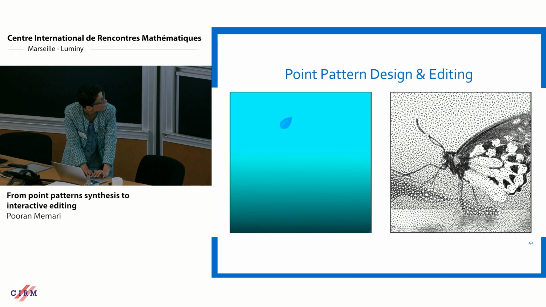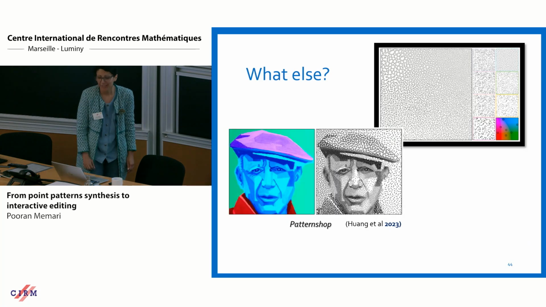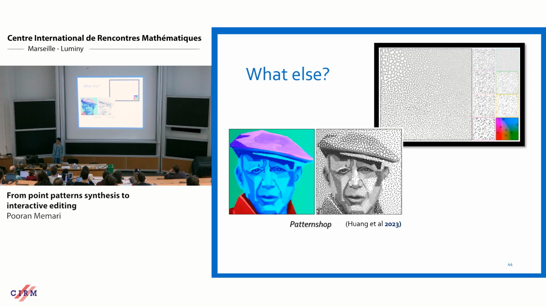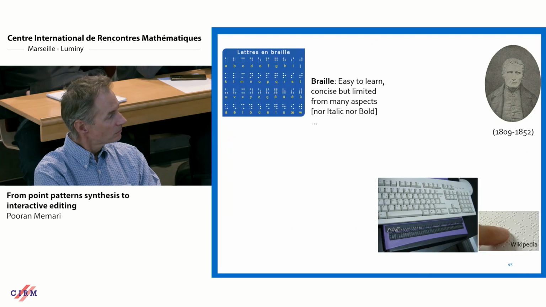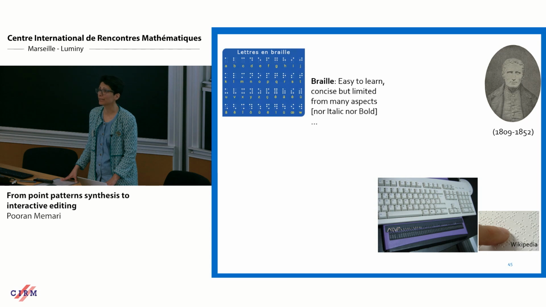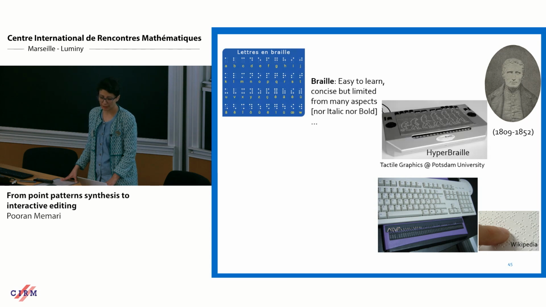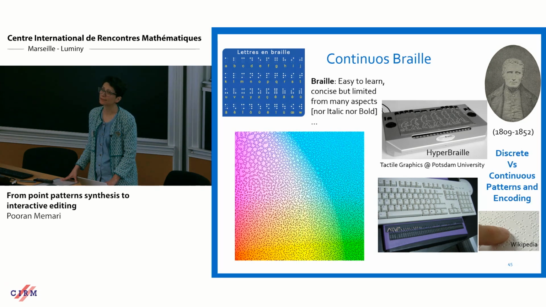Okay, so sorry, I will just stop it here, because there is another application on which we are currently working, and we have a PhD which is starting on this topic, on the usage of these techniques for generating tactile supports for visually impaired people. So the idea is to somehow extend the discrete setting of Braille language, which is very limited, and with some extensions that are still limited, to a continuous Braille that represents such a thing.